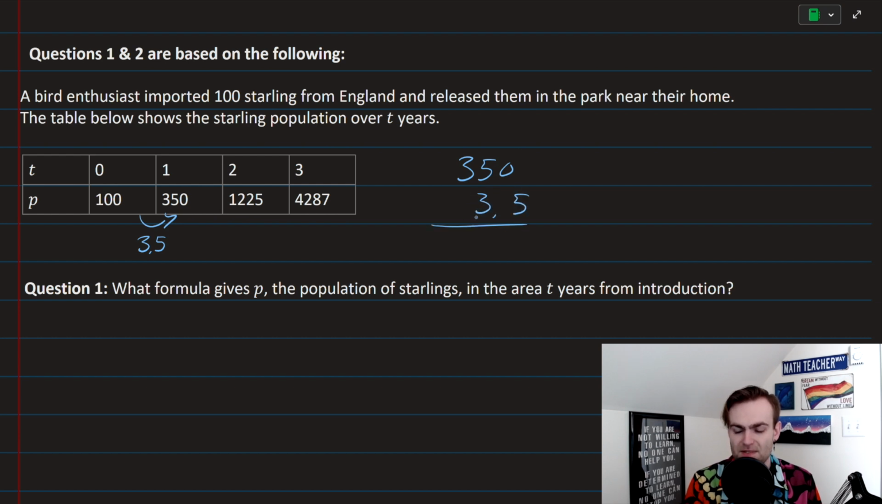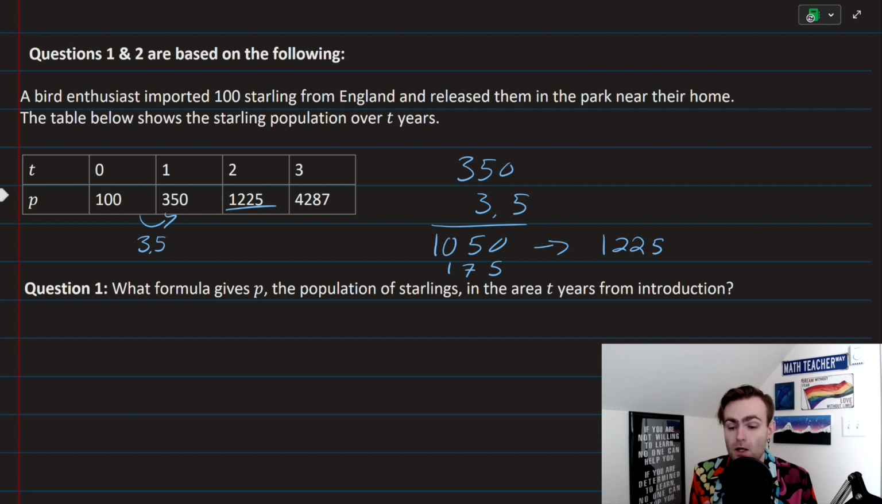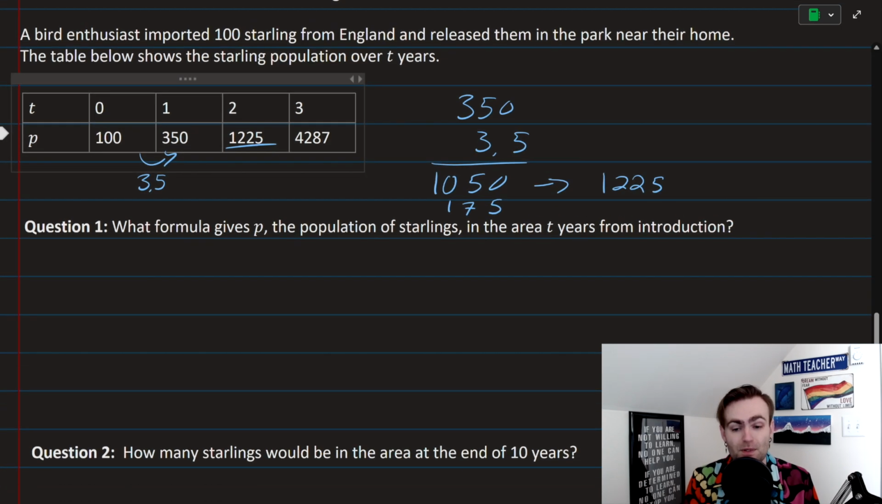Well, 2 350s would be 700. Another 350 on top of that would be 1,050. Then we want half of it that we're going to add to it. Half of 300 is 150. Half of 50 is 25. 150 plus 25 is 175. And this 50 and 75 would end up making a 25, increasing the 100 by 1. So we do get that value. So it seems like the pattern is multiplication by 3.5. That pattern seems to hold. You can check me with a calculator, do it yourself to see if the